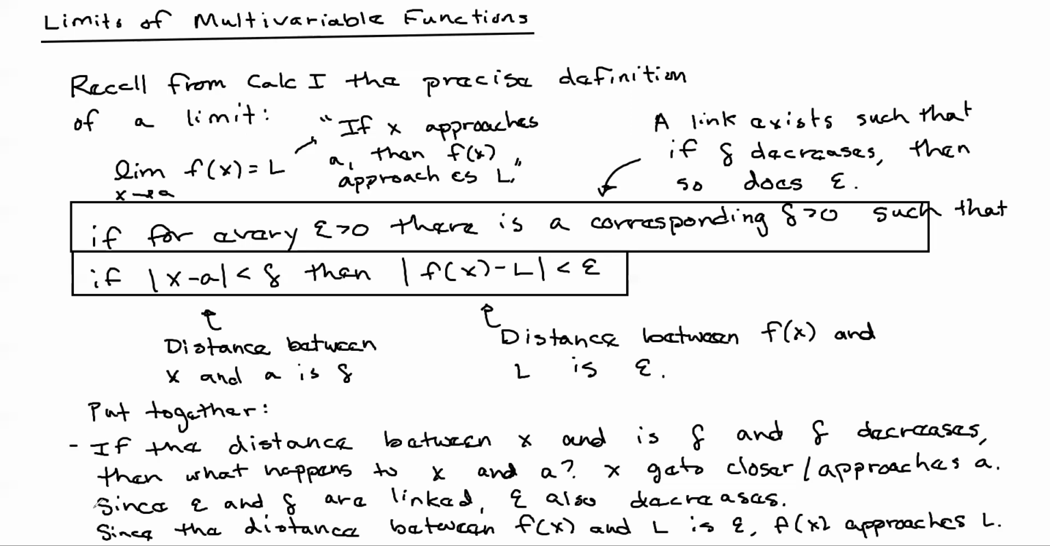So you've got these two pieces, or if you want to think of it as three, if you want to separate them out this way. First, the distance between x and a is delta, and you have delta decrease so that x is approaching a. And then since delta is decreasing and there's a link between epsilon and delta, that means epsilon has to be decreasing. And since epsilon is decreasing and epsilon is the distance between f of x and L, that means f of x has to approach L. And that's how the precise definition works. It's these two separate pieces. One is saying we have to have a link, and the other is saying that we have to have these distances. Okay,